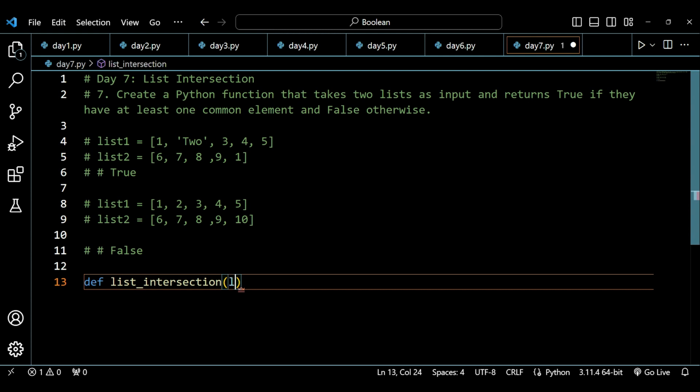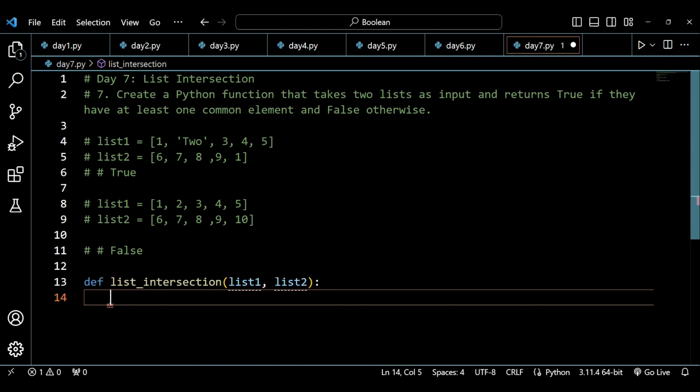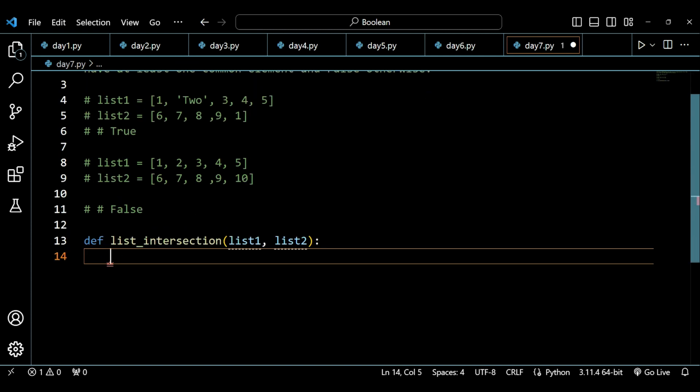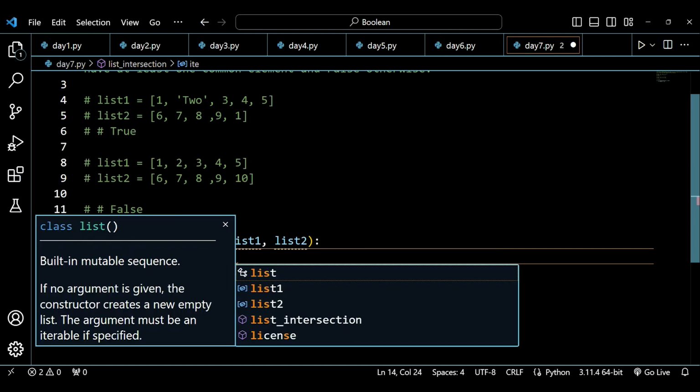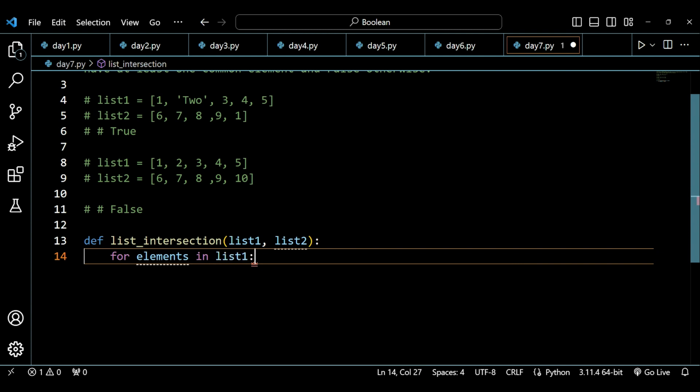Now let's suppose we have two lists, list 1 and list 2. What we have to do is find the intersection between both of these. So what I can say here is: for items, or you can just say elements, in list 1. So the element in list 1, if I print